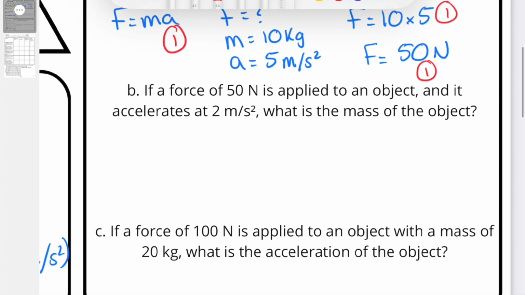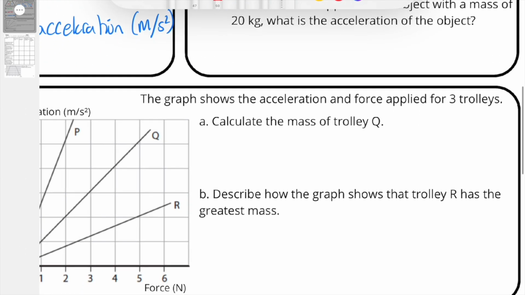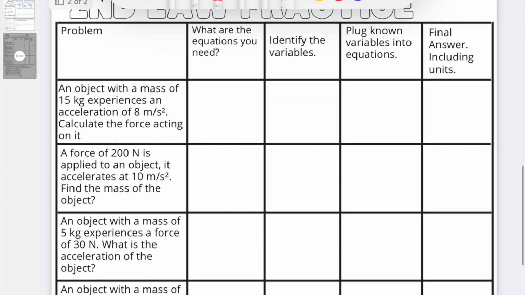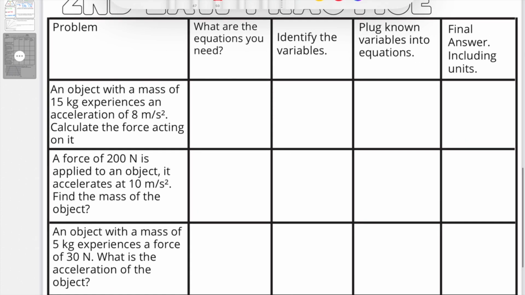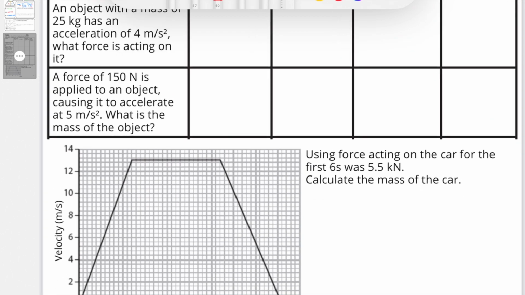Now I'll leave B and C for you to do as practice. I just want to also draw your attention to this at the bottom. This is taken out of an actual IGCSE exam. So use the equation that we've done and try and apply it to this question. The last sheet on here then is just straight practice like we've done on previous equations. So work your way through completely, and once again ending with an IGCSE exam